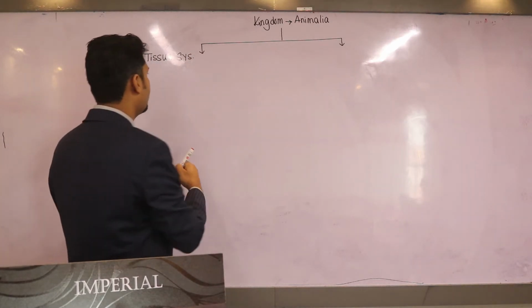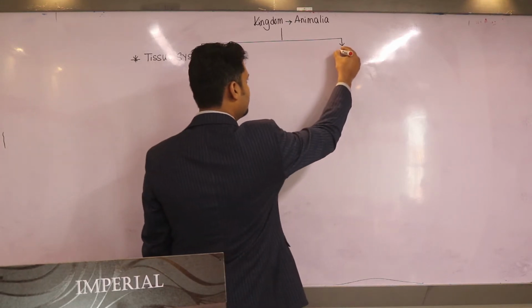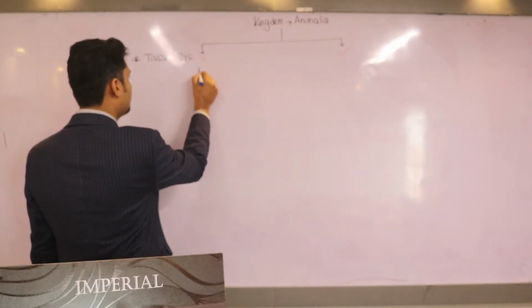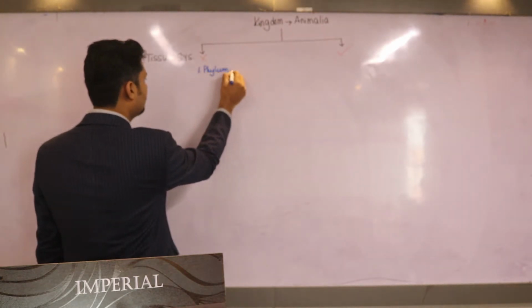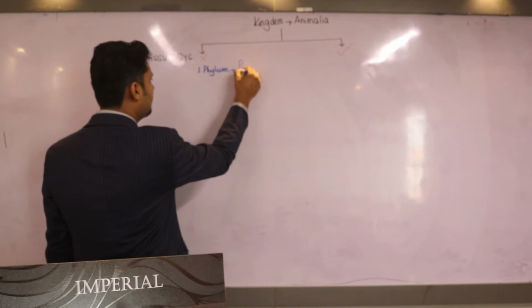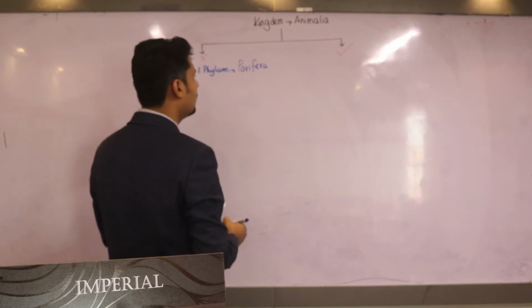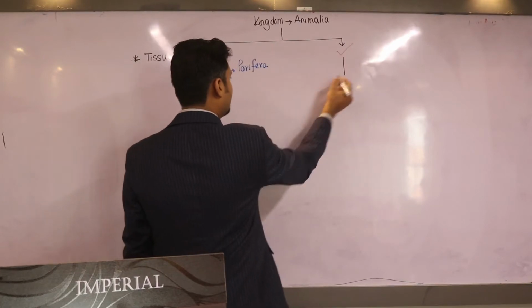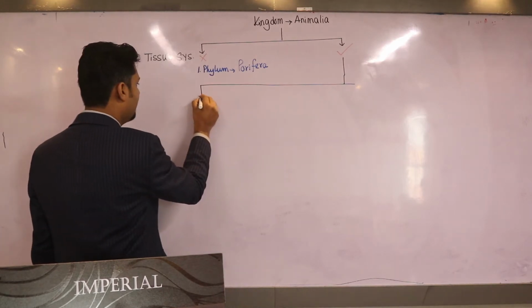For some group of organism, tissue system is absent, and for some group of organism, tissue system is present. Those group of organism where tissue system is absent are classified as the first phylum, Porifera. Remember this, first phylum Porifera. Those that have the tissue system are further classified on the basis of